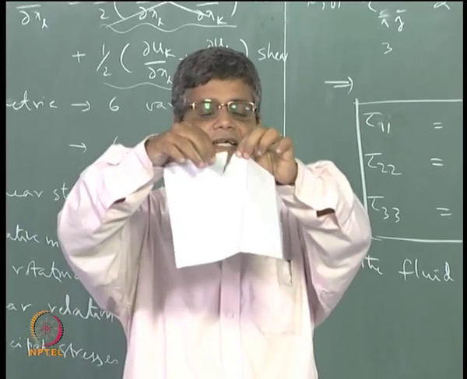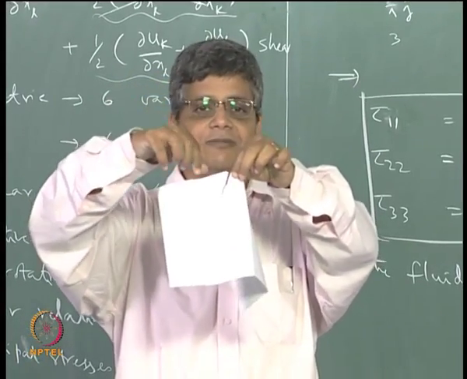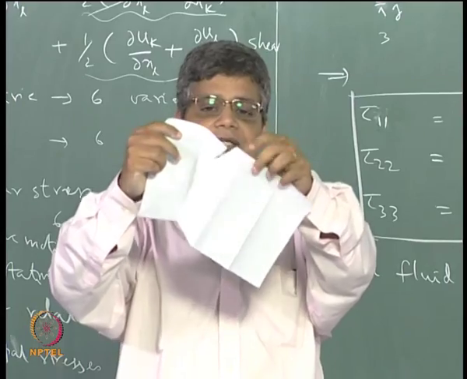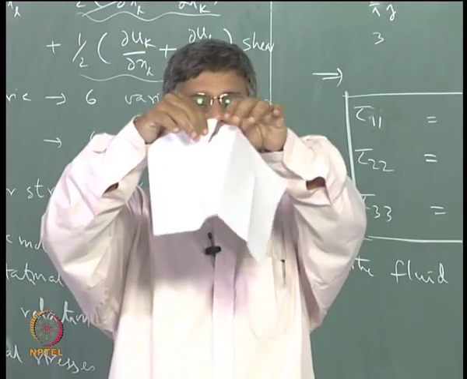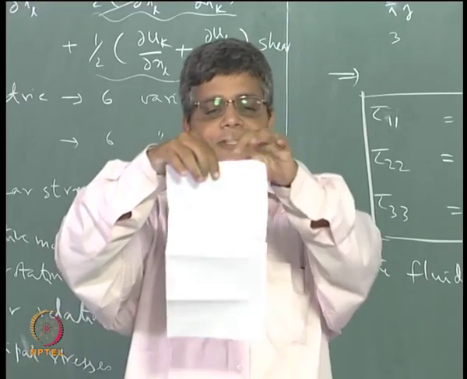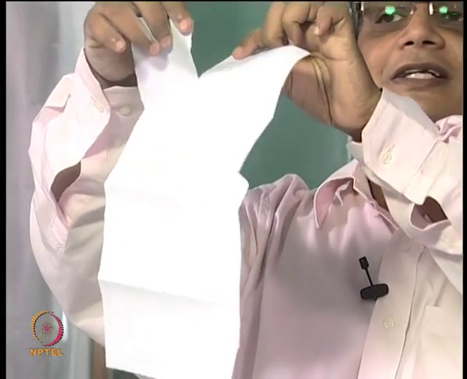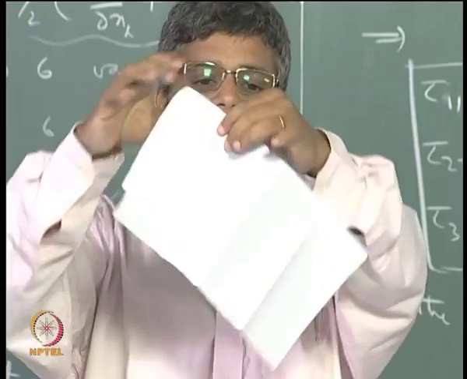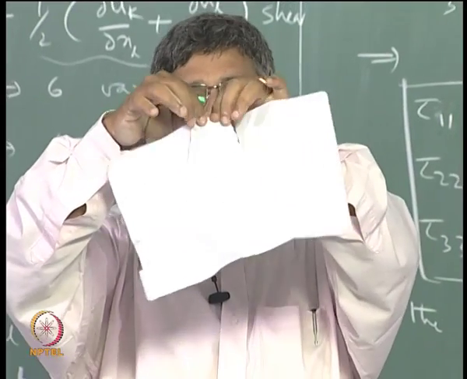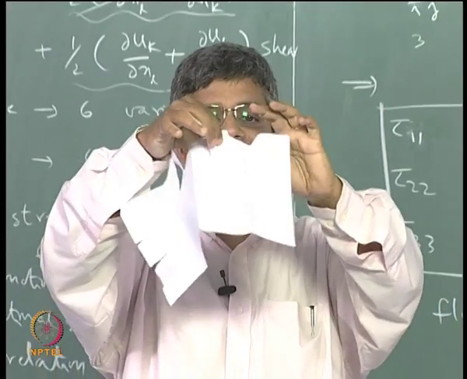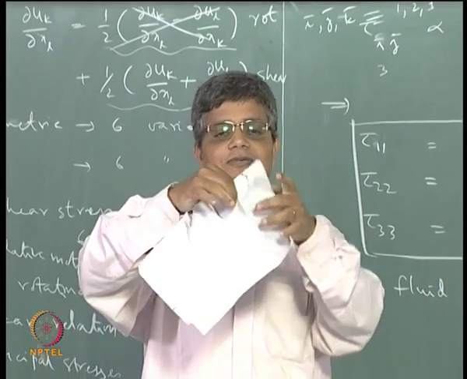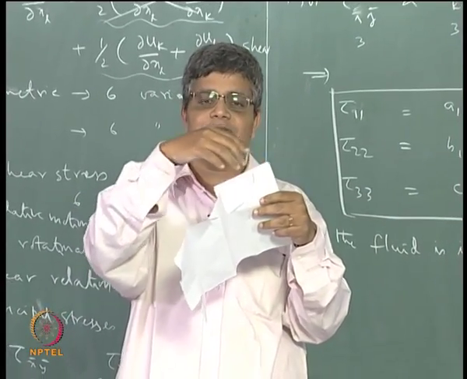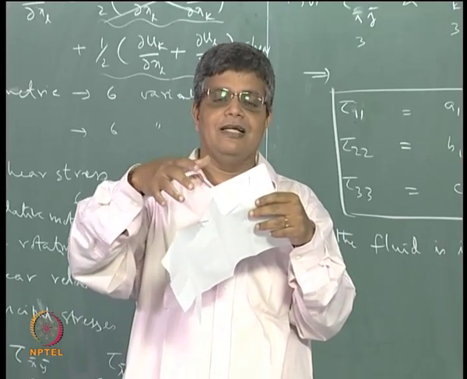Okay, so if I tear it, then I am applying a shear stress because of which it is tearing, and there is a corresponding deformation, and you can see that it is tearing like this. If the paper is truly isotropic, I should get the same sort of tearing ability in this direction also, and I can see that here it is coming out very neatly, whereas here it is not coming out like that. Okay. See, it is coming out in a different direction. So this is an example of an anisotropic material in which a stress produces different strain depending on in which